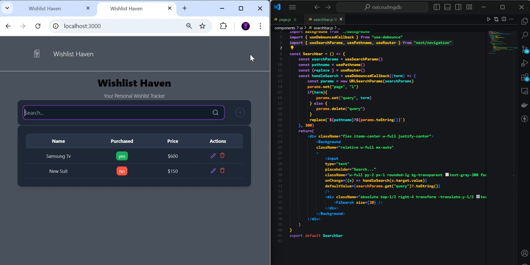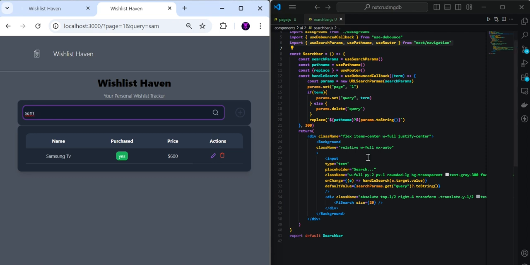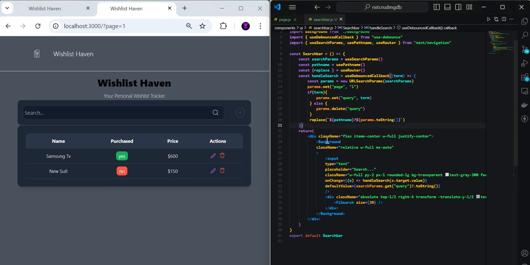So let's look at it in action. So let's search for Samsung. And as I typed in Sam, you'll notice that there's a slight delay in the response back from the server. This is because, as we just mentioned, we're only going to get a response back from the server 300 milliseconds after we've stopped typing. To show what it looks like in a more real-time update, I'm going to remove the